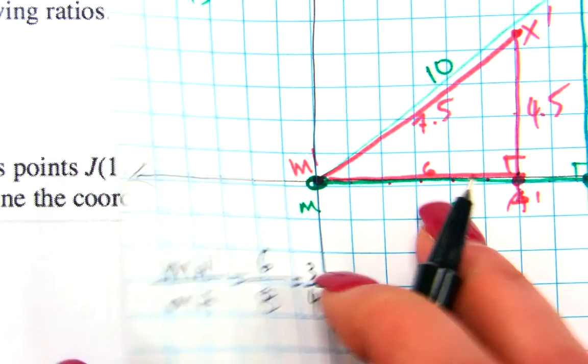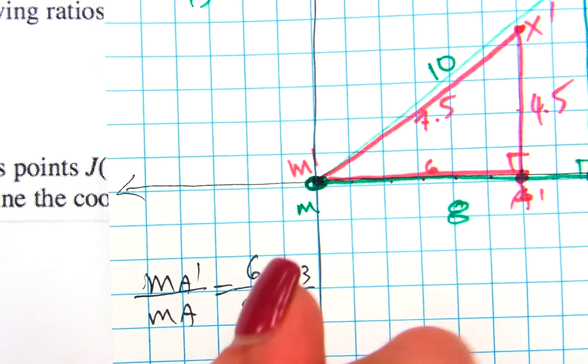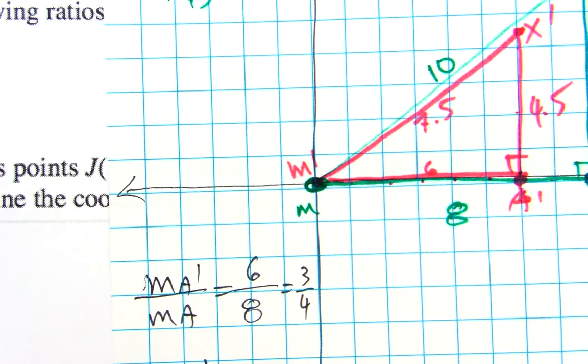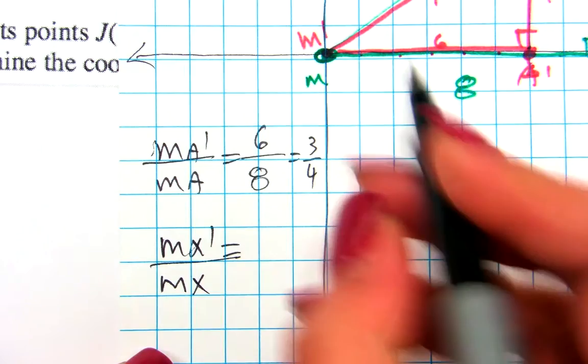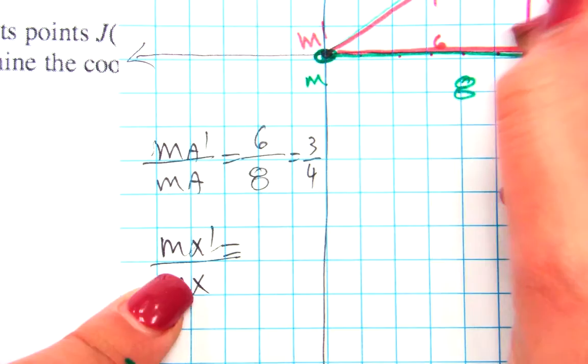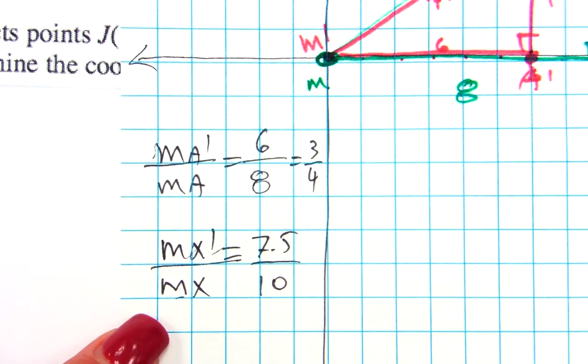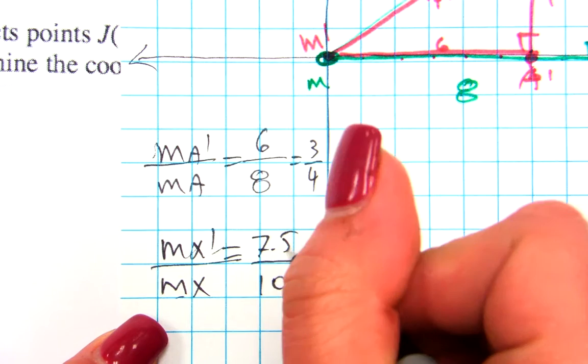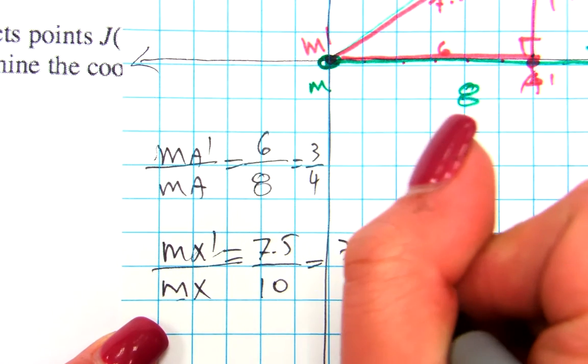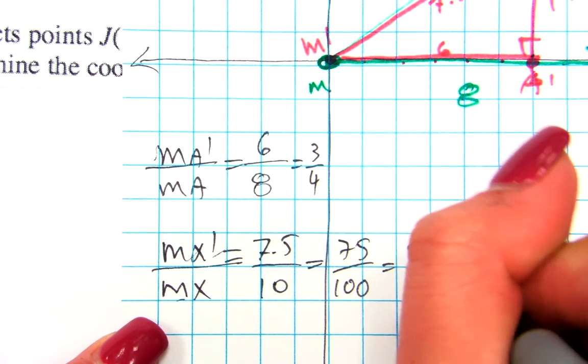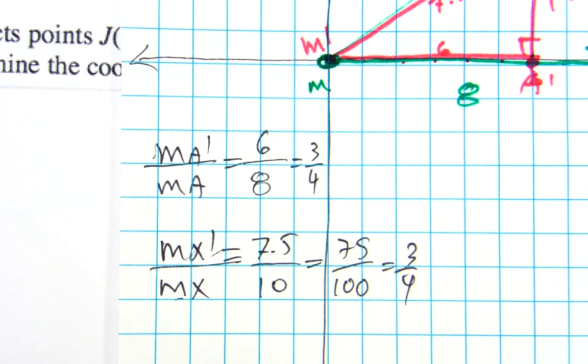And then MX prime over MX. MX prime is going to be 7.5, and MX was 10. So 7.5 over 10 is the same as 75 over 100, which is just 3 over 4. So there you go. That was part B. Okay, part C is